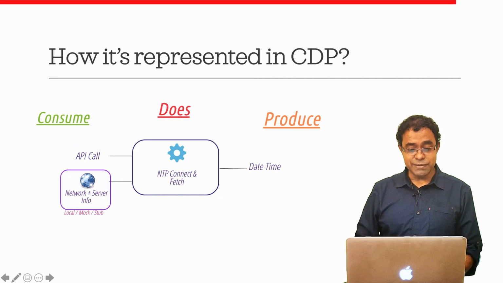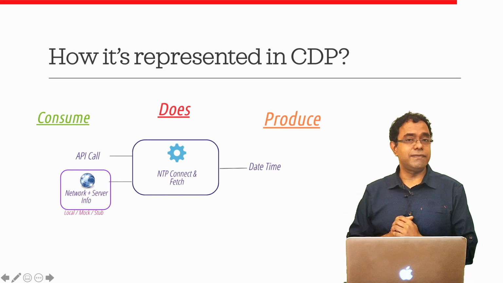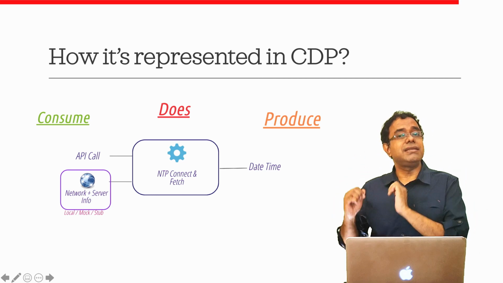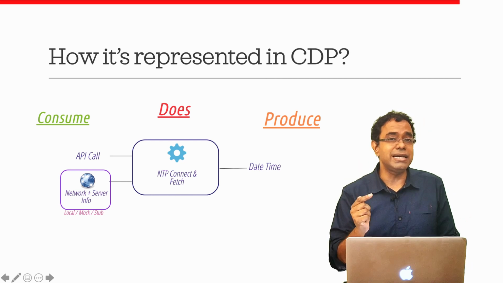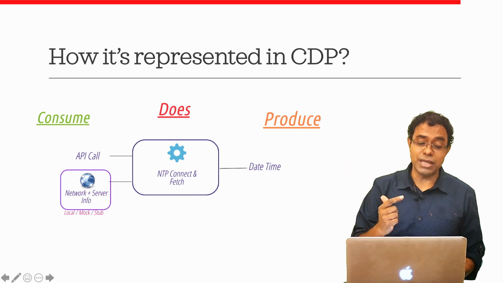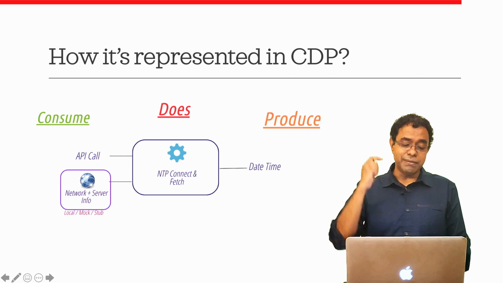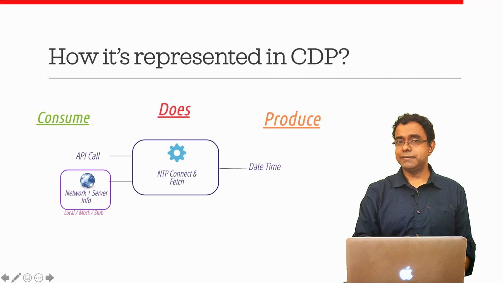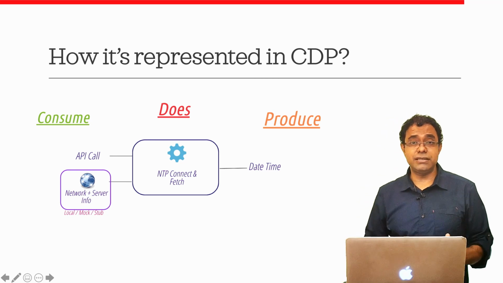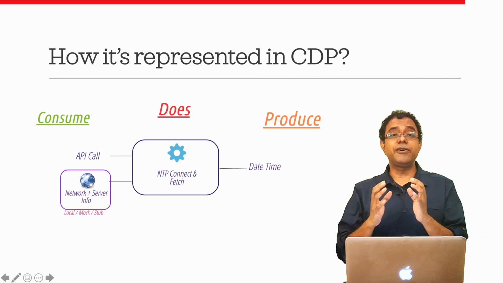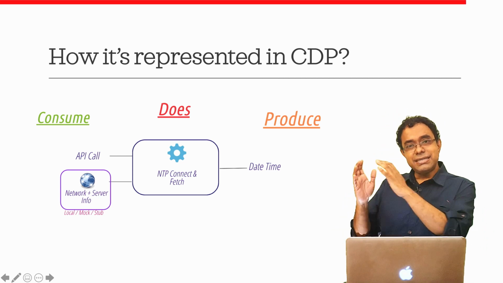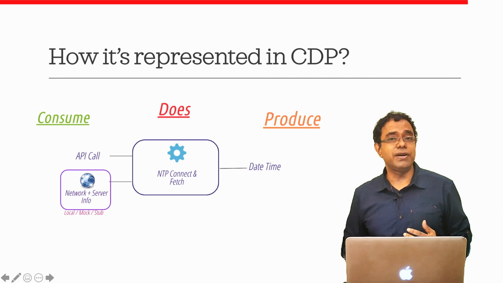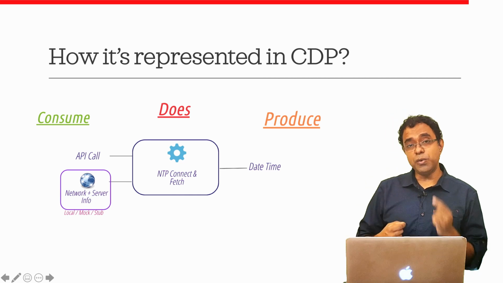So what they will do is say that okay, the network plus server info is local, mock or stub, and when the requirement remains in this way, even in the completed state, whoever sees that requirement knows that it was completed by using a local mock or stub network server info. Correct? Since we do not have NTP information as of now, this is my definition of done. This requirement is treated as complete, stays in the place where it is completed. Okay, it may come into the product backlog at a later point of time, but at that point of time we know what we have to do.